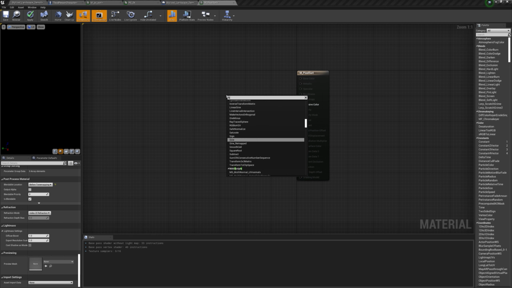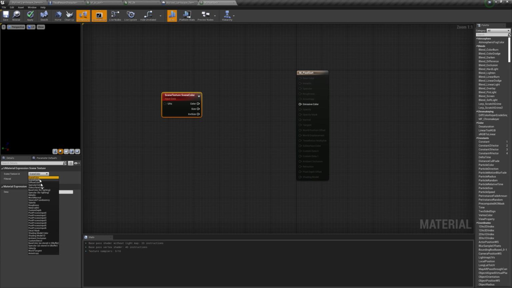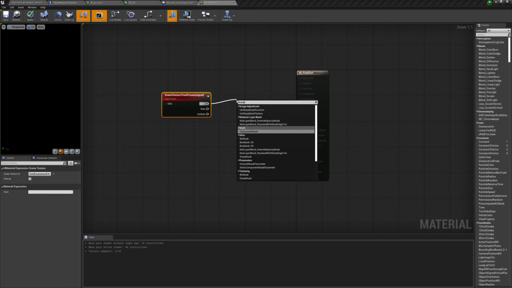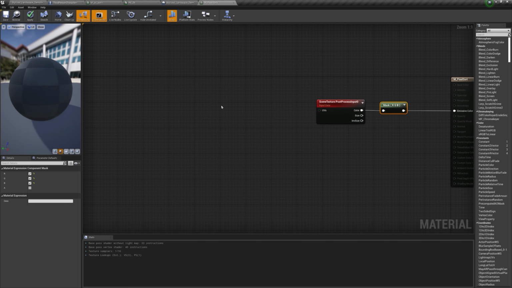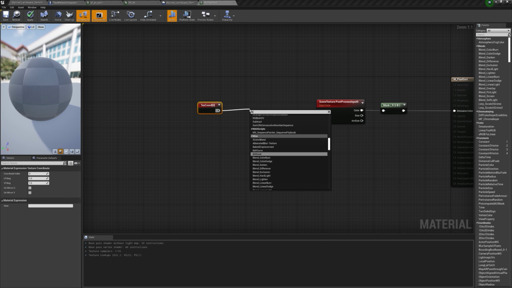Now right click and type in scene texture. Then change this to post process input 0. Then add a component mask, and also tick the blue channel. We need all the three channels. Then connect this to the emissive color. Then get a texture coordinate by pressing and holding U and clicking. Then we can break this coordinate